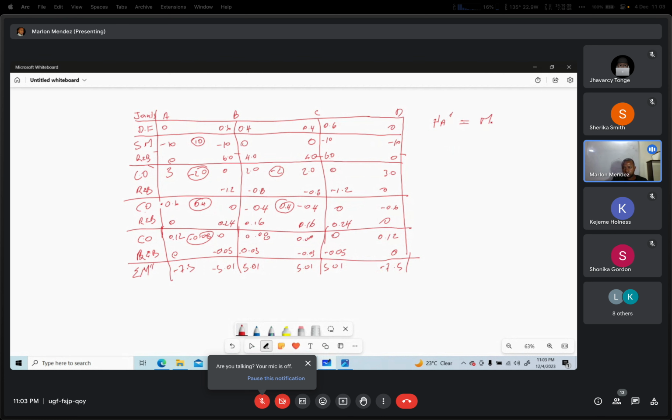Equal to m a b b. So this, which is 7.5,